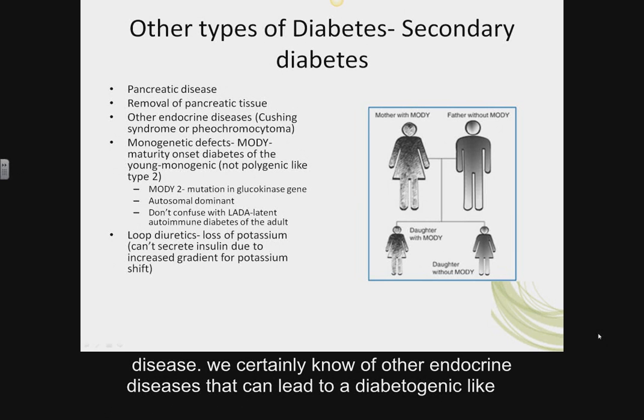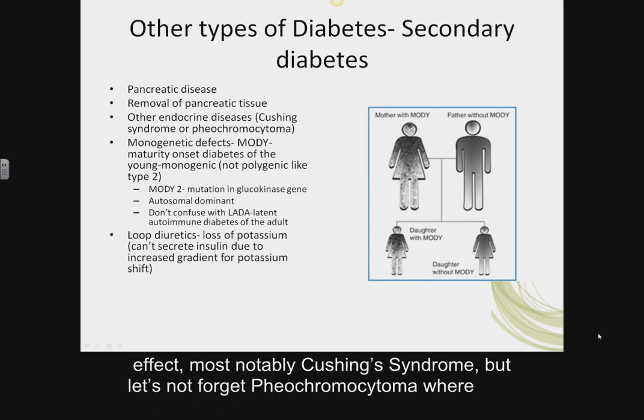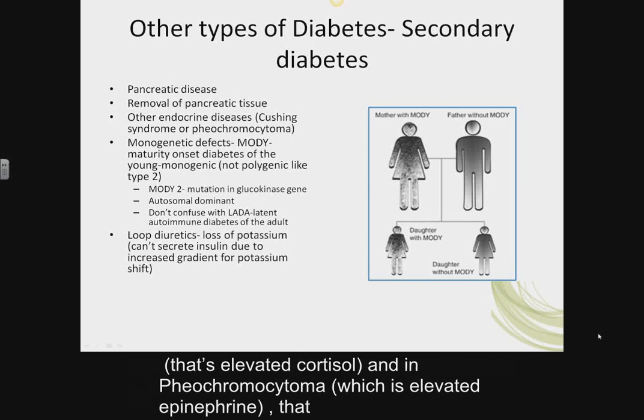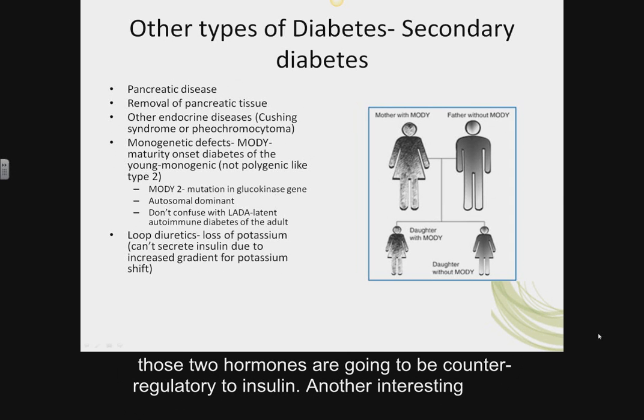We certainly know of other endocrine diseases that can lead to a diabetogenic effect, like notably Cushing's syndrome, but let's not forget pheochromocytoma, where norepinephrine and epinephrine are released, and we recognize that both in Cushing's syndrome, that's elevated cortisol, and in pheochromocytoma, which is elevated epinephrine,